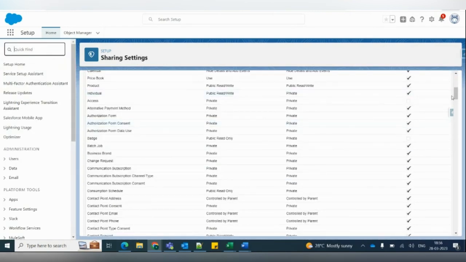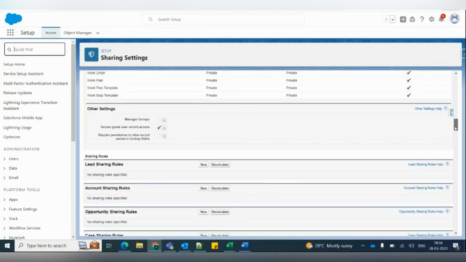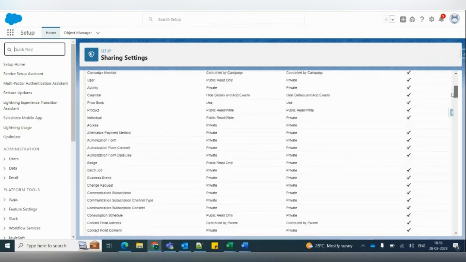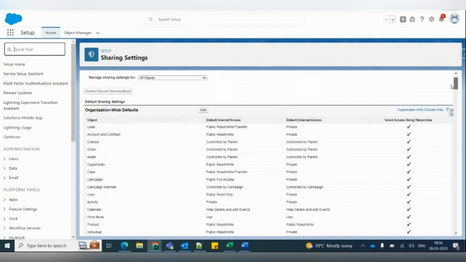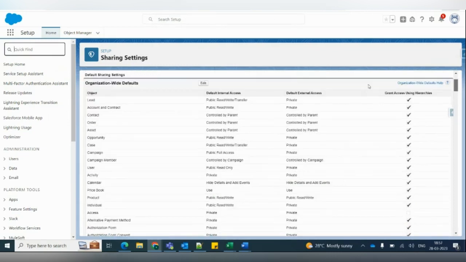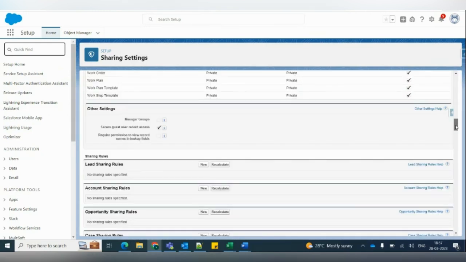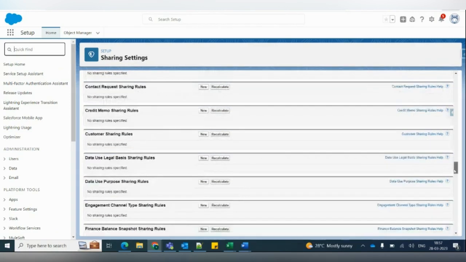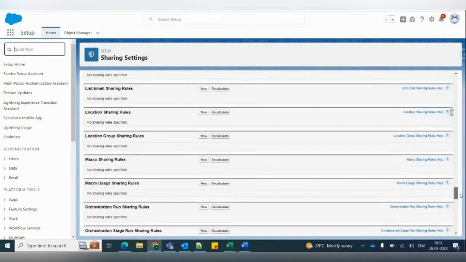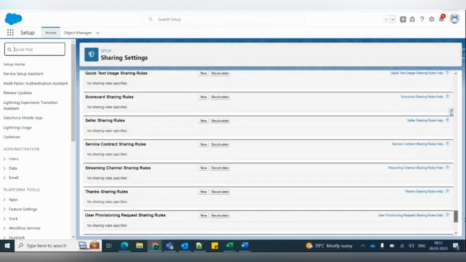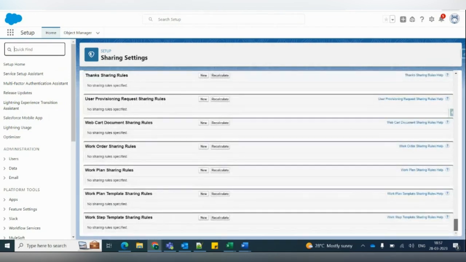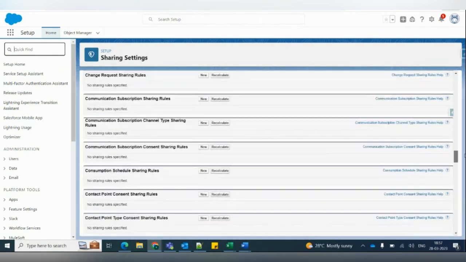So in this sharing settings, you can see, right? You guys must be knowing all about sharing settings and sharing rules and all, right? Yes. Yeah. Fine. So in this sharing settings and all,